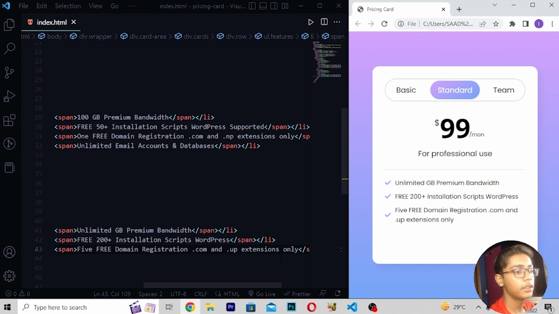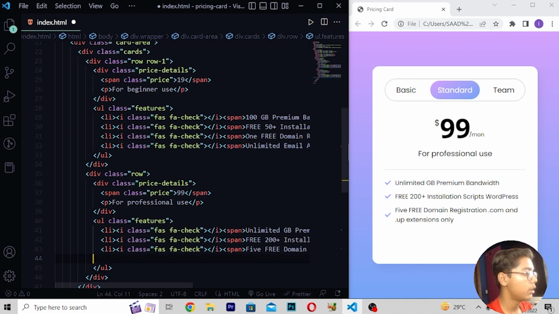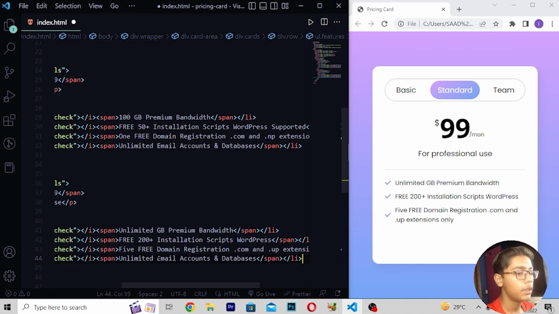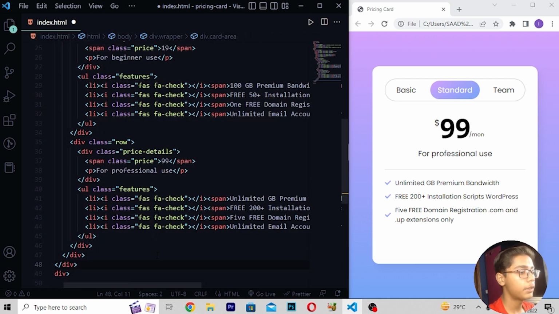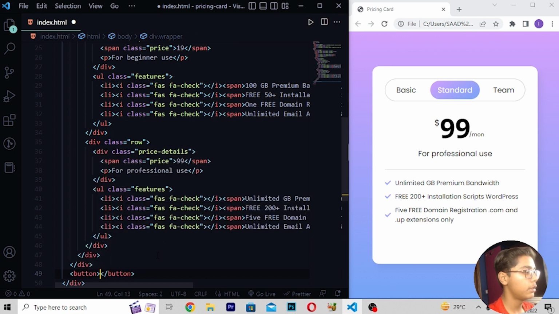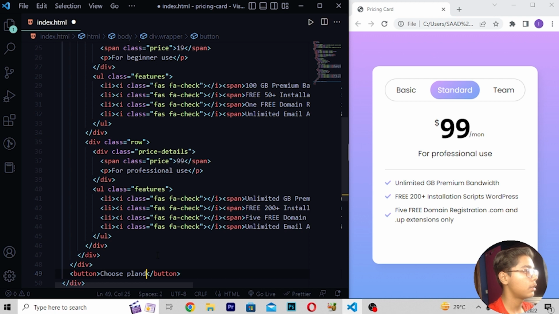Now when you are getting this thing, here I will be now copying this thing, and then after copying this thing here, I'll be moving down, then here I will be pasting it. Then here you have to just do one thing, here I will be moving down after this tag, and then after this tag here I will be writing button, then right here choose plan like this. Then you have to save this, and then you have to reload,